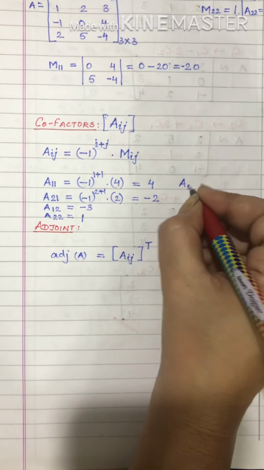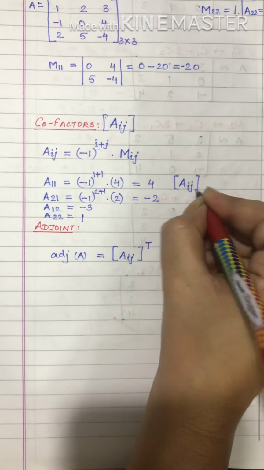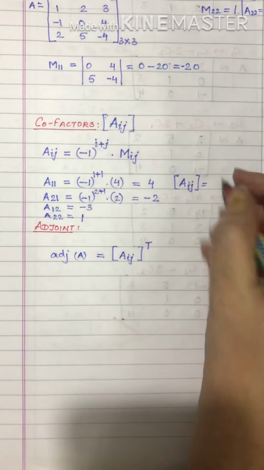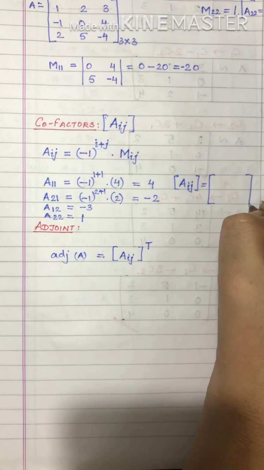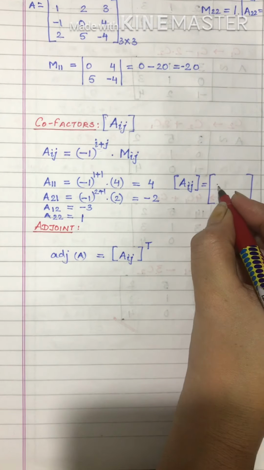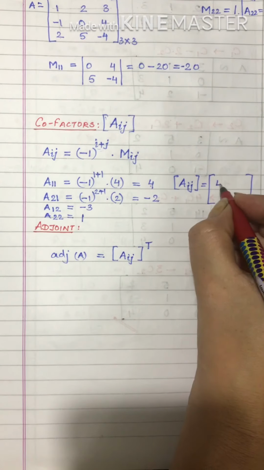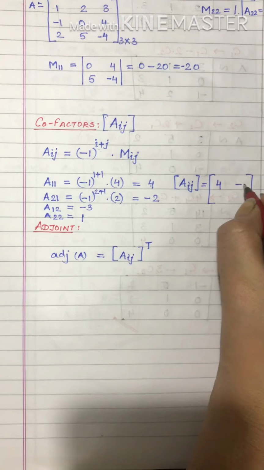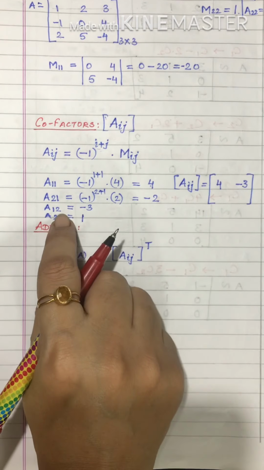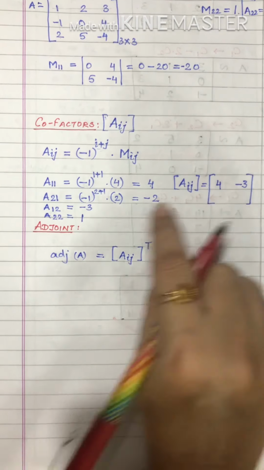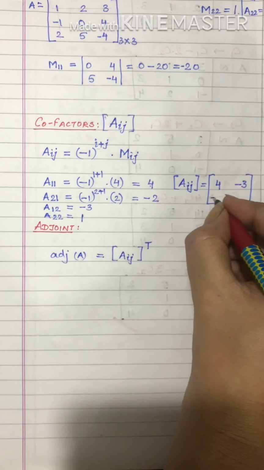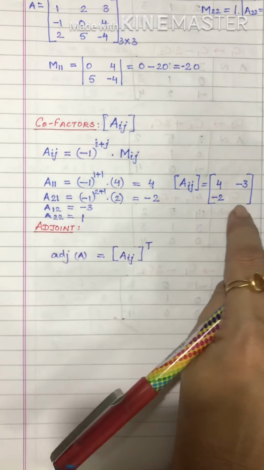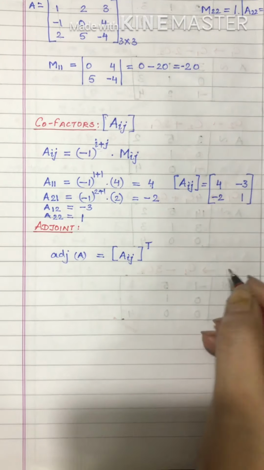So when I write the matrix of cofactors, first of all, the element here is A11, that is 4. Element here is A12. Okay, so we are getting here minus 3, and the element here is A21, we got it as minus 2, and the element here is A22, we got it as 1. Okay,